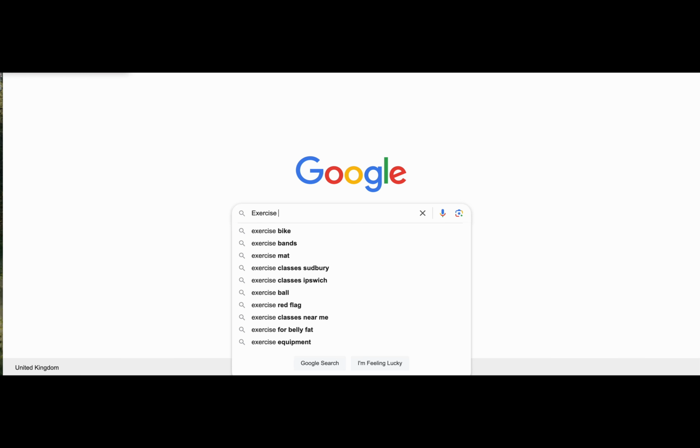The other way you can do this is to put the cursor right at the beginning and put the alphabet here. So don't use any spaces. If you put an A before exercise, you get aerobic exercise, anaerobic exercise, exercise classes near me, and you can go through the alphabet in exactly the same way.